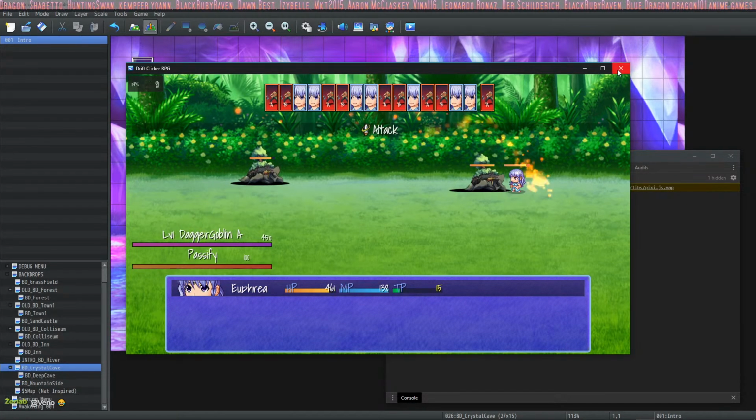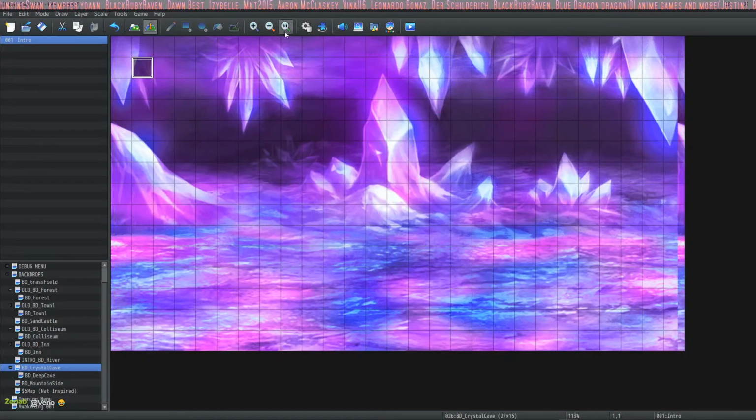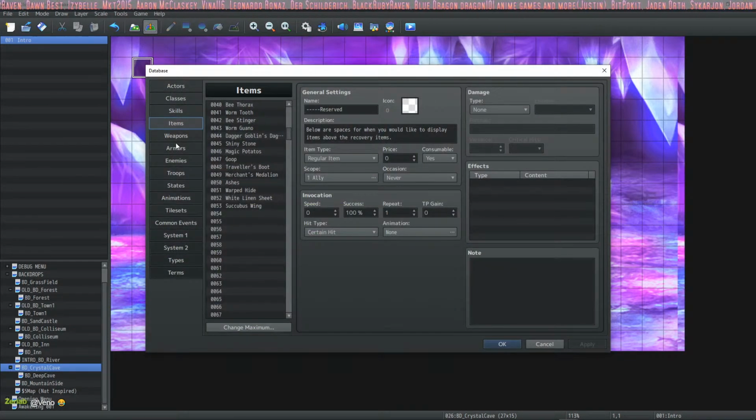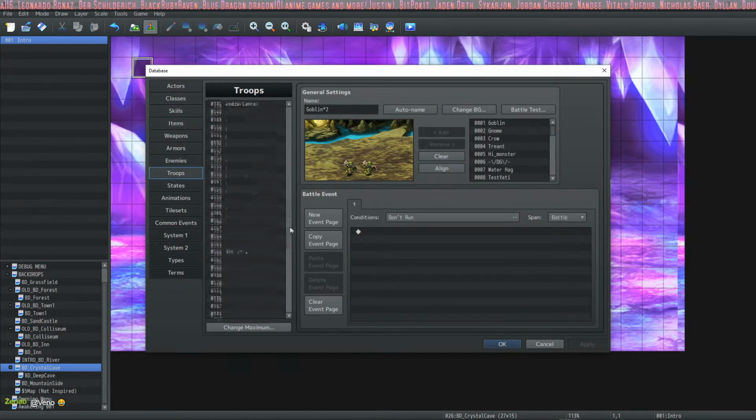Oh, I think what we should do in town... Oh, I'm actually going to change that. I was testing a new system. I was going to make like a pacify system. So let me go to troops, change this fight. It wasn't supposed to be...